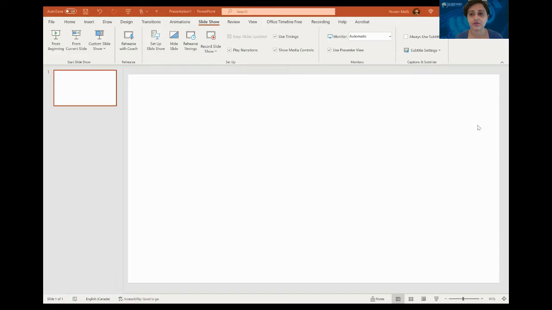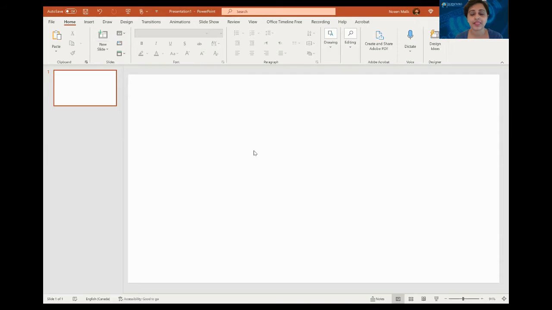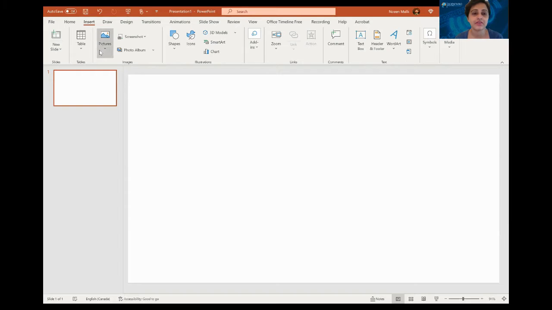Okay, I will go now to PowerPoint and let me share my screen. So here we go. So let's do some PowerPoint things. In PowerPoint also, when you have downloaded certain images from your Canva, you can use those also as a background. For example, I would like to insert some. I will go to the picture. I will say this device, for example.